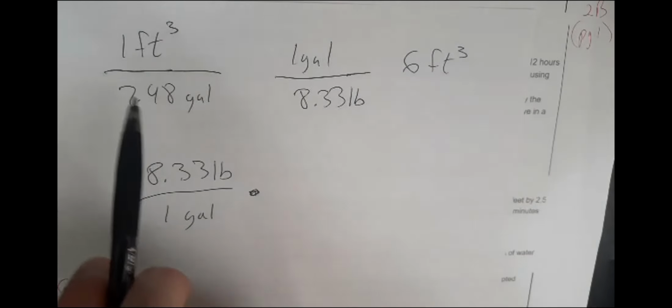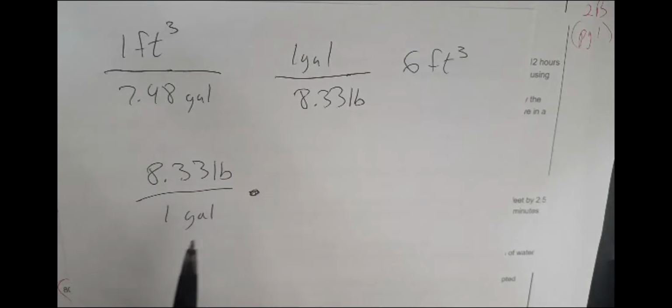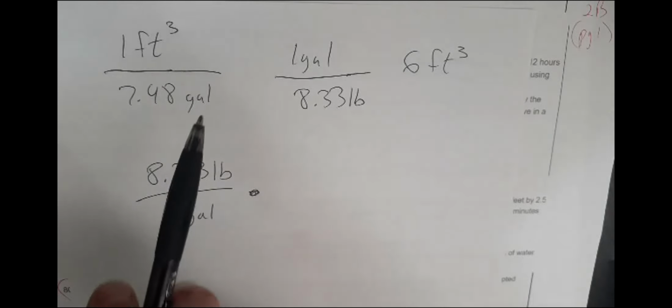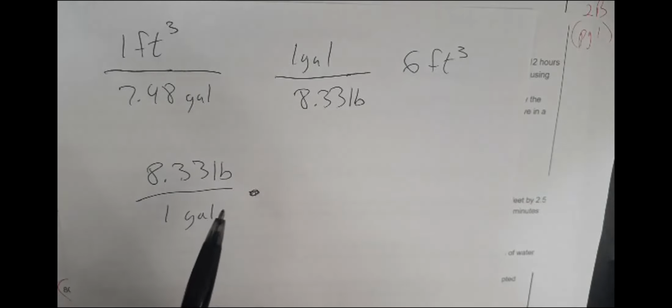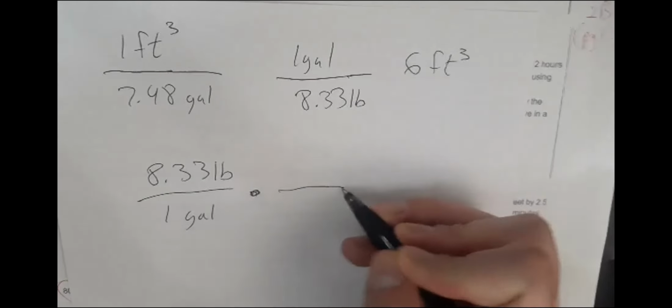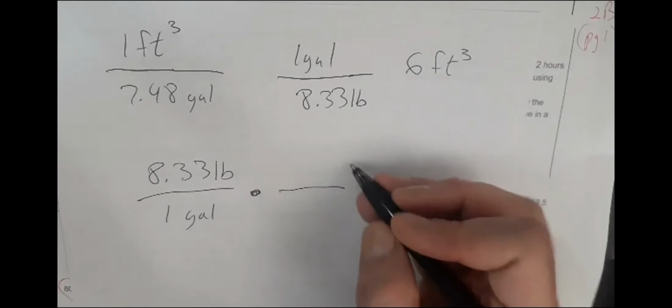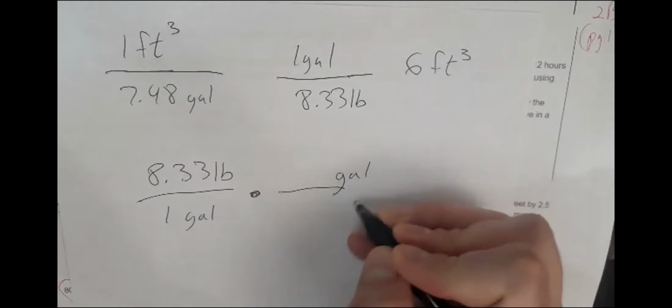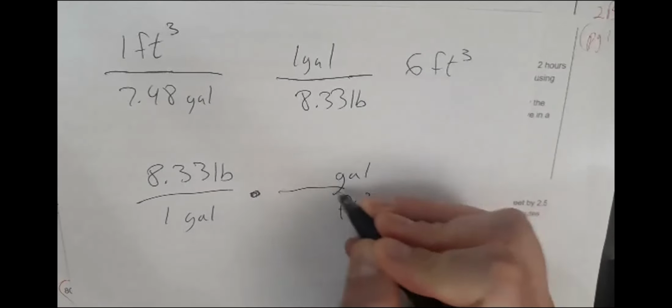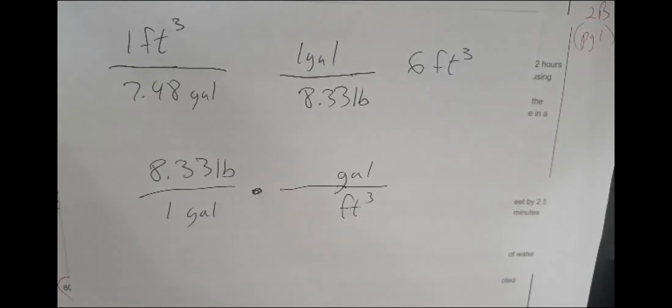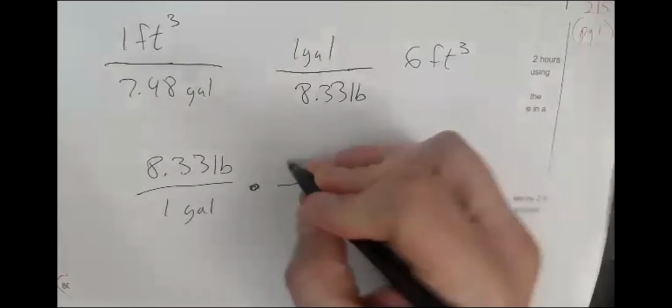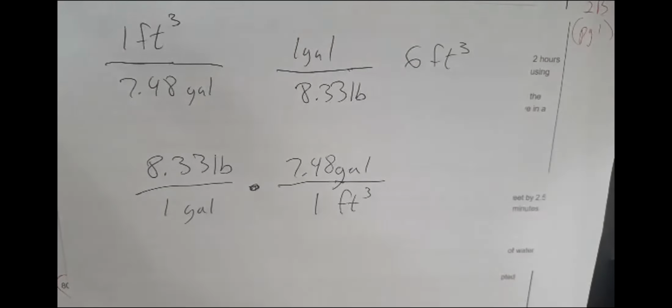And so I have this one other conversion factor with gallons. This thing has gallons in it. If I wanted to get rid of gallons, where am I writing gallons over here? Top. Yep, write it on top. And on the bottom, I'm going to put feet cubed. So 1 foot cubed is 7.48 gallons of water. And then the last thing,